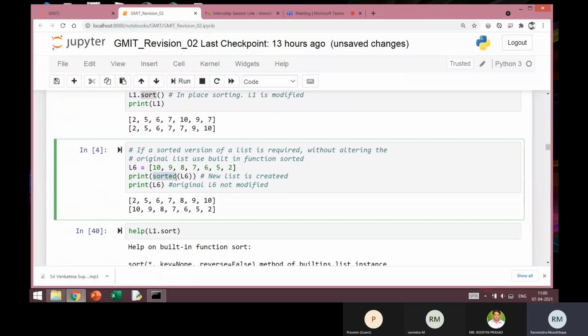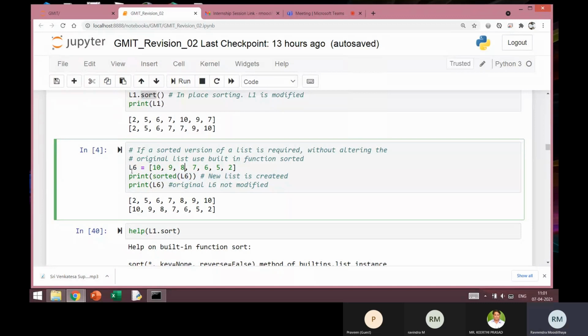We can use this also if you want to sort a list or sort a sequence, and this doesn't sort the list in place, but instead it produces a new list. It will produce a new sorted list and will not sort it in place. There is a difference between sort and sorted. Sort will do the sorting in place, whereas sorted will generate a new list.